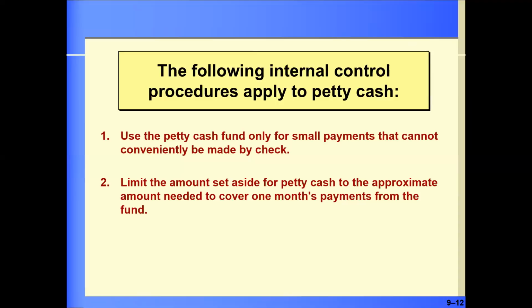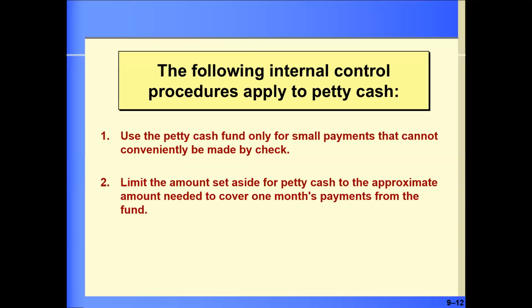Bring that down to $150, $175, and then you're going to be using between $150 and $175 in your business in a month. That's more reasonable. Don't have another $800 sitting out there. Likewise, on the other side of the coin, don't have petty cash so tight that you keep having to replenish it throughout the month,